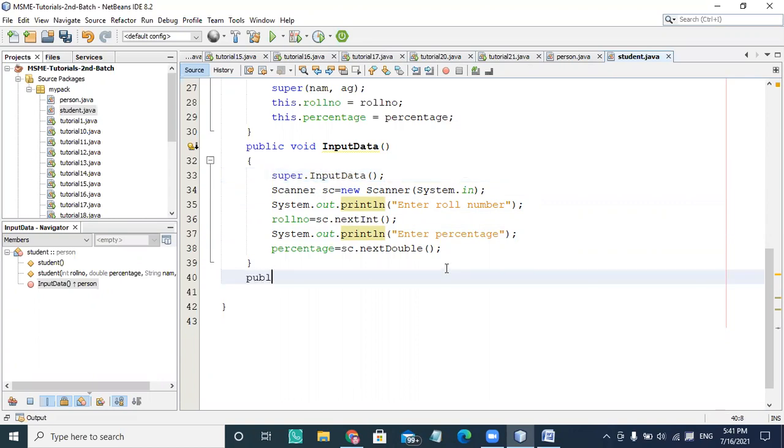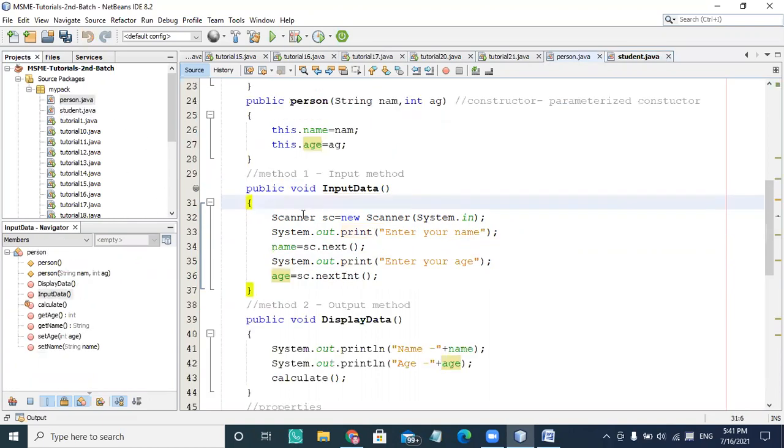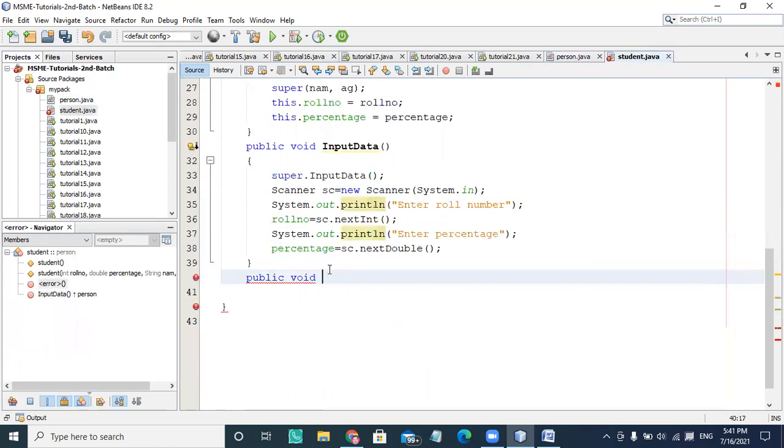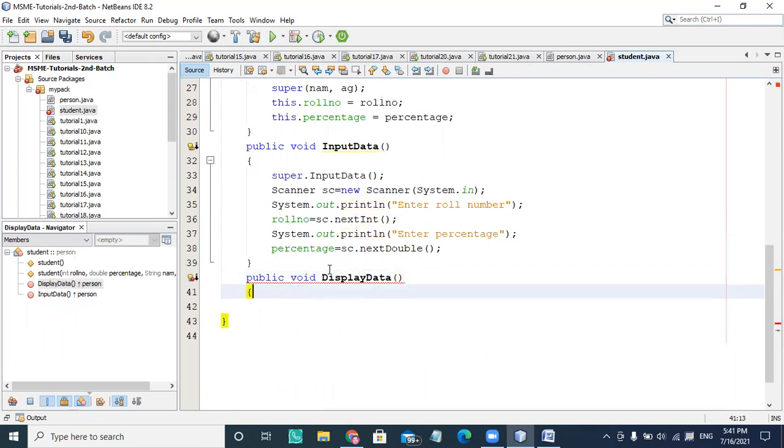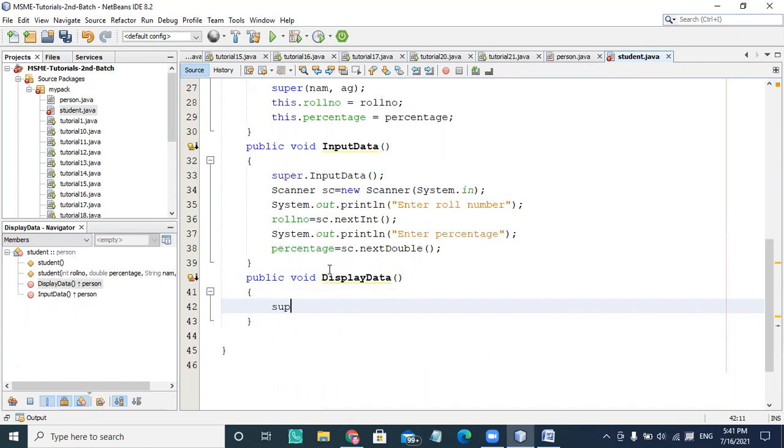Similarly, I'm going to use a display data. In person there is a method called display data. The same method I'm going to use here, display data, and you are allowed to use a different name.